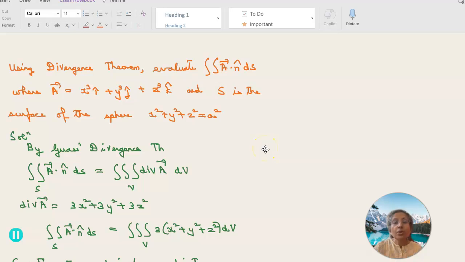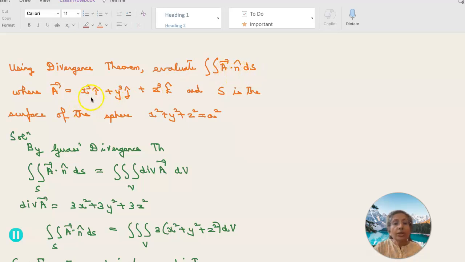So welcome to Gauss's Divergence Theorem Part 2. In this video we'll just be discussing two problems on Gauss's Divergence Theorem, and mainly we will be discussing the problem solving approach. So coming to the first problem, using divergence theorem evaluate double integral over S of A dot n dS